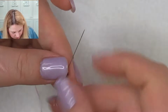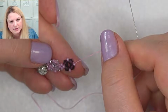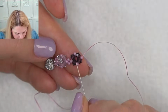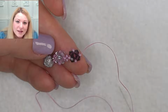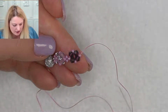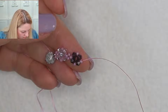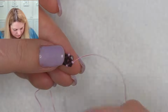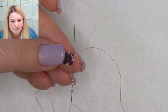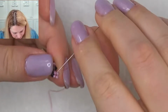So can you see by adding the crystals afterwards how pretty that is, just sitting the crystals? But because we pick up the crystals first, we're having a much tighter weave and it sits together so much better. So I'm going to add my little cluster of 4 seed beads here. I already got 1, so I have to pick up 3, go through the same seed bead from the other side, pull this up nice and tight, and then move along